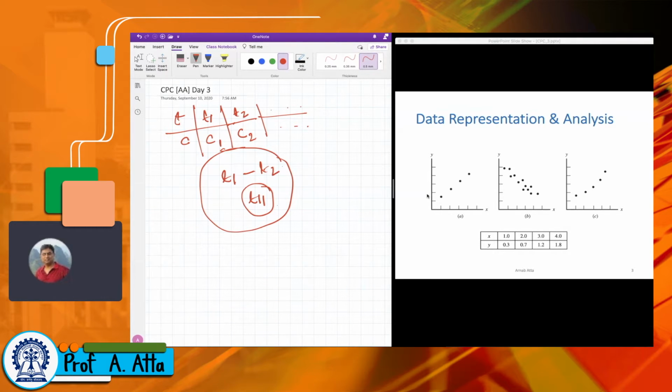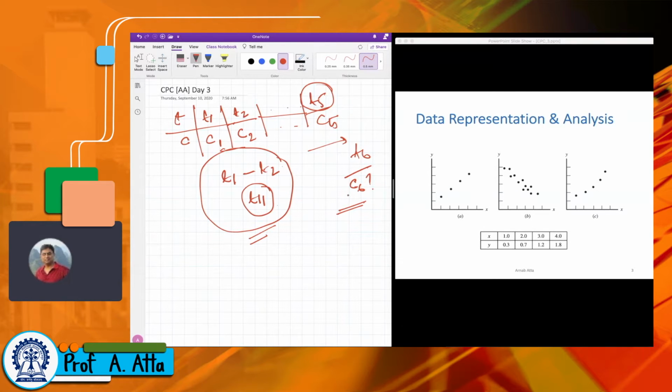Because if it's a straight line, the interpolation is easier. Or even say you have been asked, you stopped your measurement at T5 and C5, and someone asks what this concentration would be if you had continued the measurement, say at T6, what is C6? Then we say this is the extrapolation. This is the interpolation and this is the extrapolation. So how do we do that?